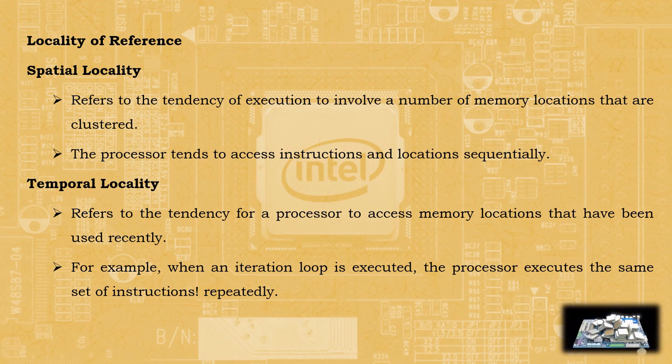Now let's see locality of reference. What instructions are going to be used in the near future, we can predict, and that information is transferred from main memory to cache memory. It is nothing but the principle of locality. We all know that we store both data and instructions in memory. The principle of locality is responsible for bringing instructions to the cache memory from main memory. There are two types of locality: temporal locality and spatial locality.